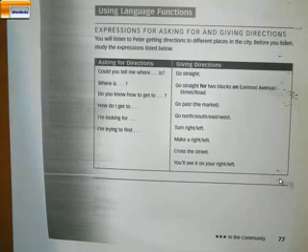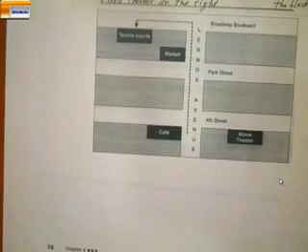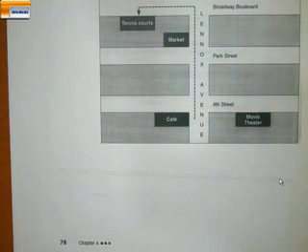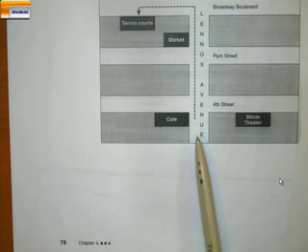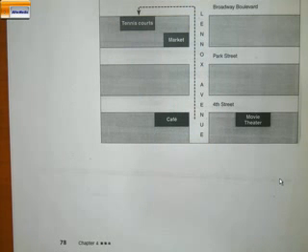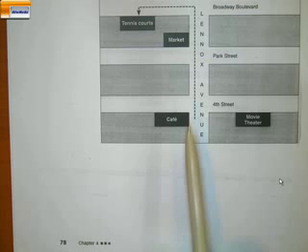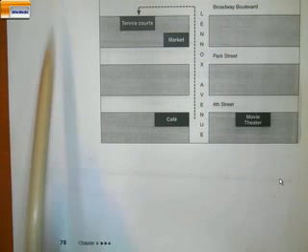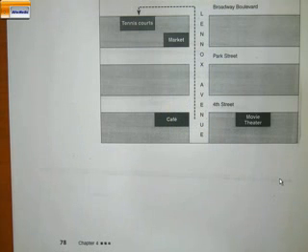Now, what we're going to be doing is we have a simple map here, and there are 2 exercises. The first one is already indicated on your map. You see the line going from the cafe to the tennis courts. If you have your book, they gave you the first direction, which is go north. We assume on a map that when you go up, it's the north. The north is to the top, south is to the bottom, east is to the right, and left is the west. So we go north on Lenox Avenue, and then you would tell the person, turn left on Broadway Boulevard,